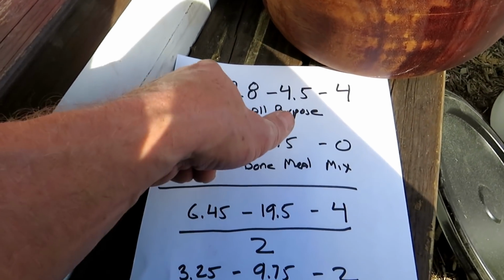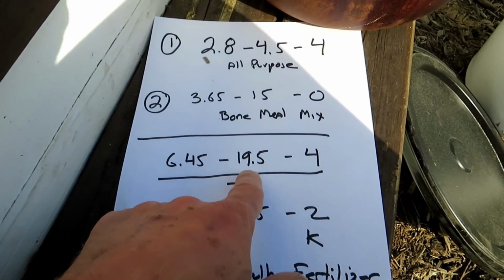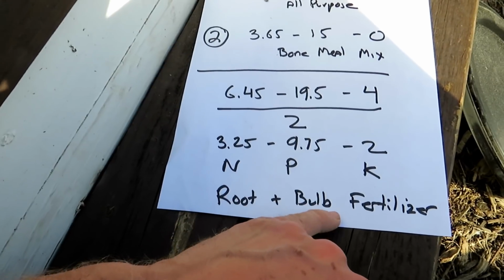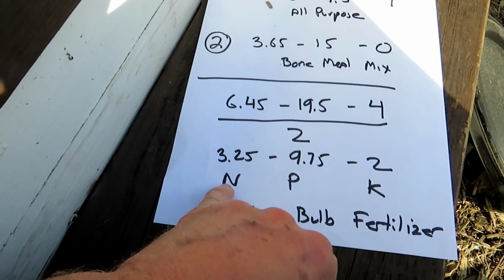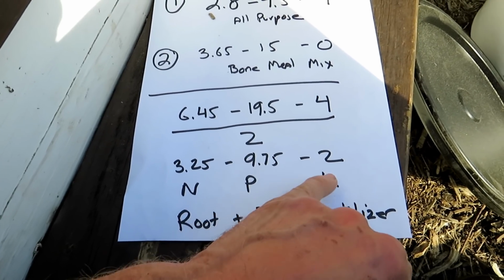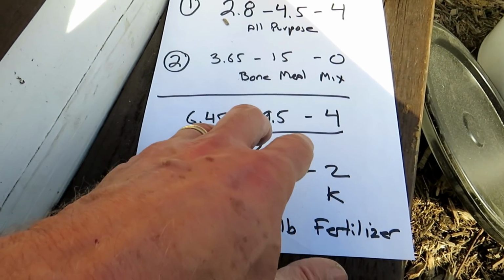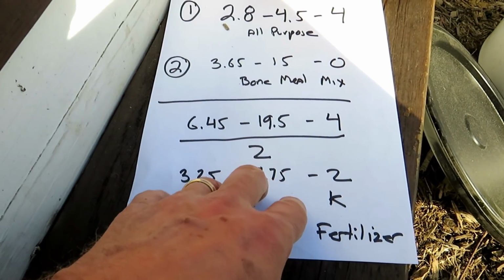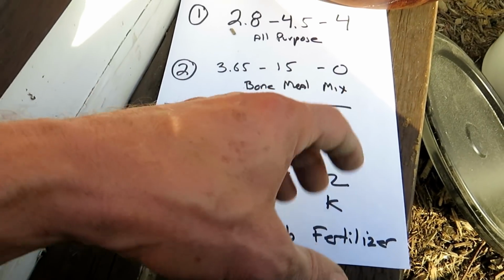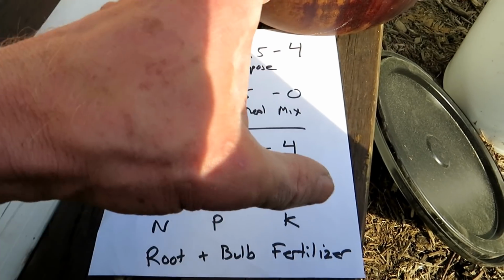So after we do 1 part of that, 1 part of that, we total it, 6.45, 19.5, and 4, divide by 2, and my root and bulb fertilizer is now about a 3.25 nitrogen, 9.75 phosphorus, 2 potassium. I use this predominantly for my potatoes, my sweet potatoes, my ginger, my root crops. I mix this well into the planting area, if it's the raised beds or earth beds, if it's my containers,